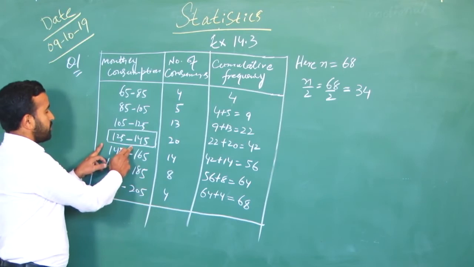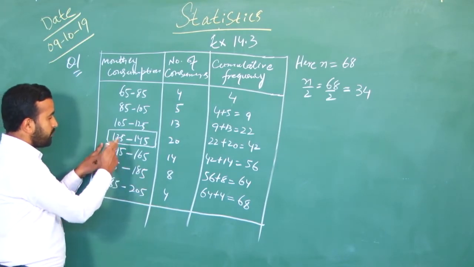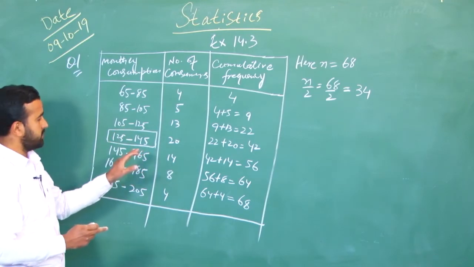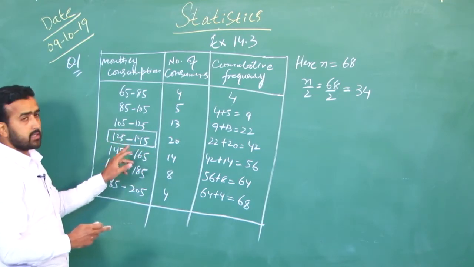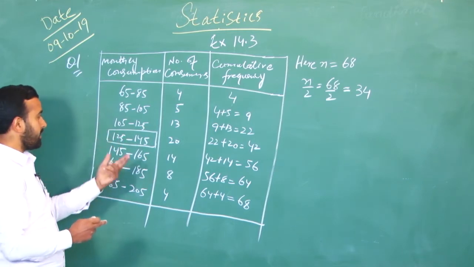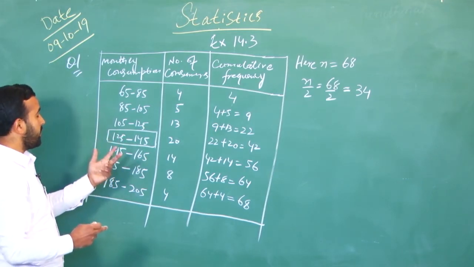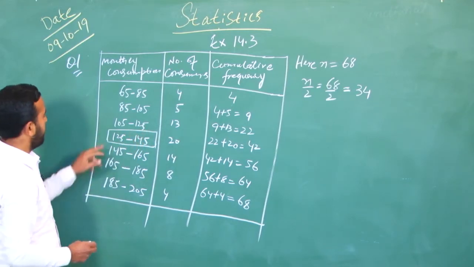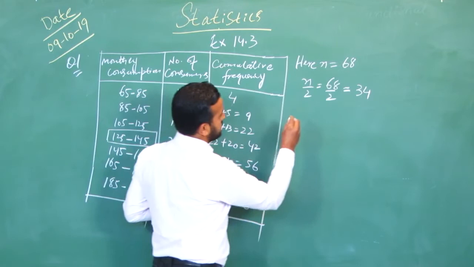And this group, that is 125 to 145, will be taken as the median class. Median class is very important to find first in the given table. Only then will we be able to find the other parameters that are required in the formula. Here, the median class, we'll write